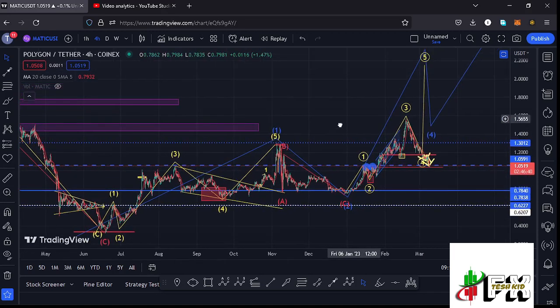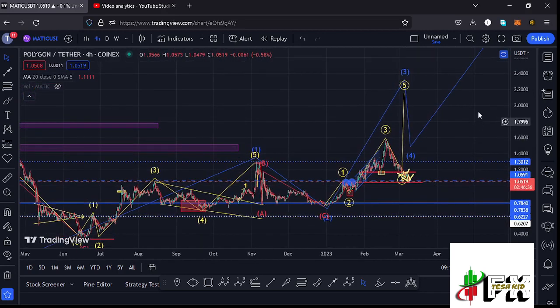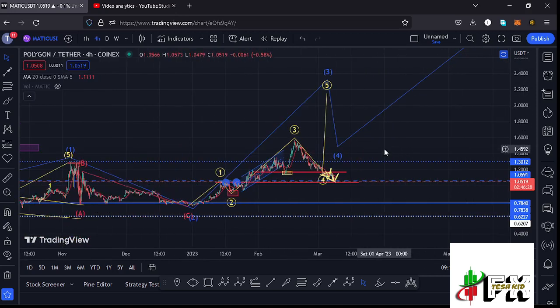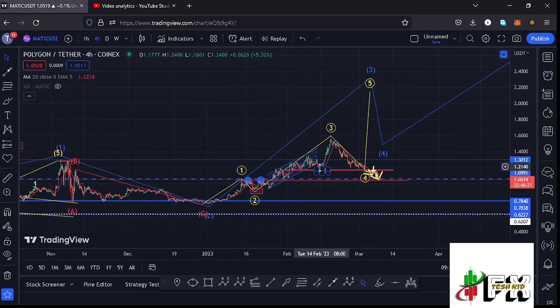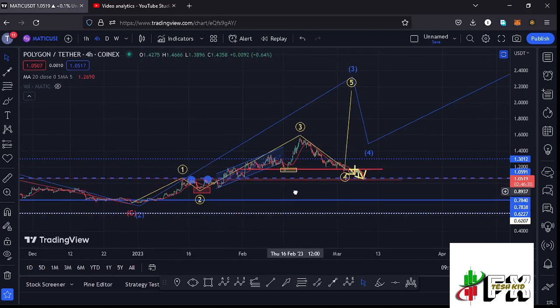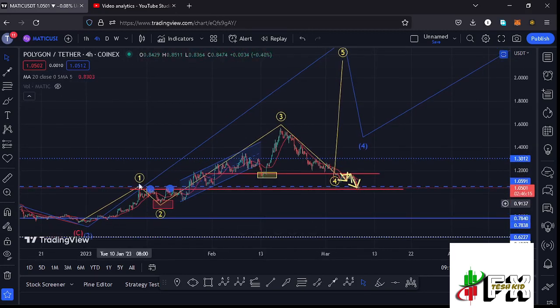And after seeing the formation of a larger Elliott wave count 2, I was expecting a massive bounce to the upper side in the formation of this higher Elliott wave count 3, and in the formation of that higher Elliott wave count 3, because of its impulsive nature, we also expected to see another 5 wave structure in formation within the formation of that larger Elliott wave count 3, and I believe we had been seeing such a scenario over here,